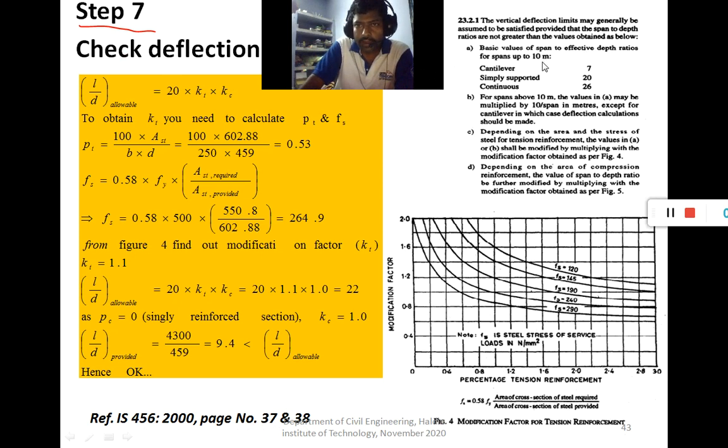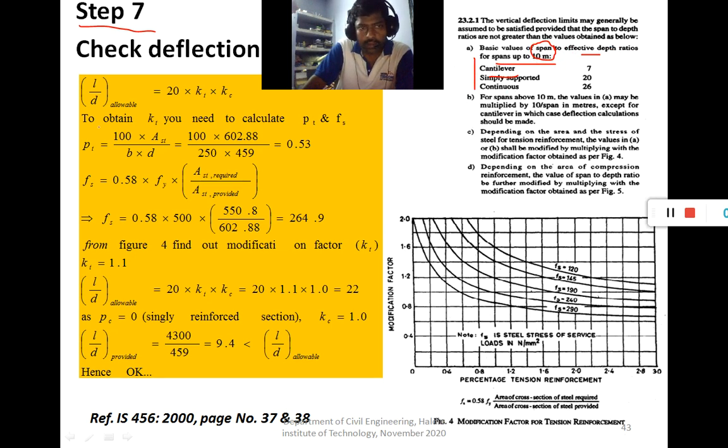You see that here the deflection limits are given for the different beams. For the cantilever beam, the ratio of span to effective depth, where span means effective span, is given for spans up to 10 meters. For effective spans up to 10 meters, the deflection limits are given.